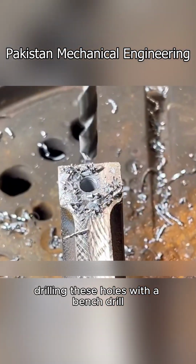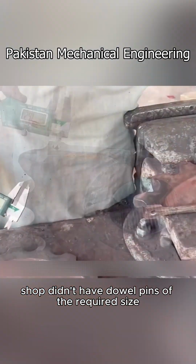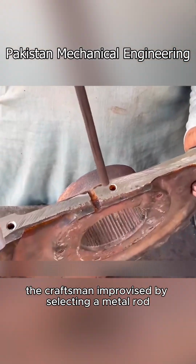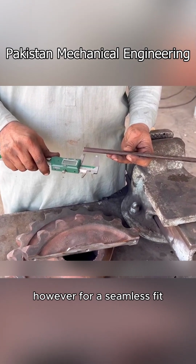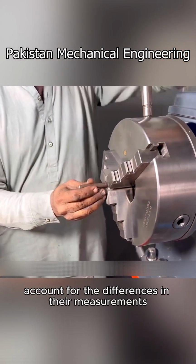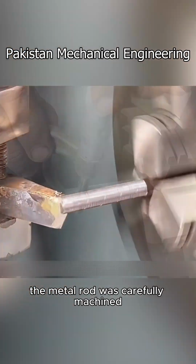Drilling these holes with a bench drill was relatively straightforward. Since the repair shop didn't have dowel pins of the required size, the craftsman improvised by selecting a metal rod with a slightly larger diameter. However, for a seamless fit, he needed to account for the differences in their measurements and make further adjustments. The metal rod was carefully machined to reduce